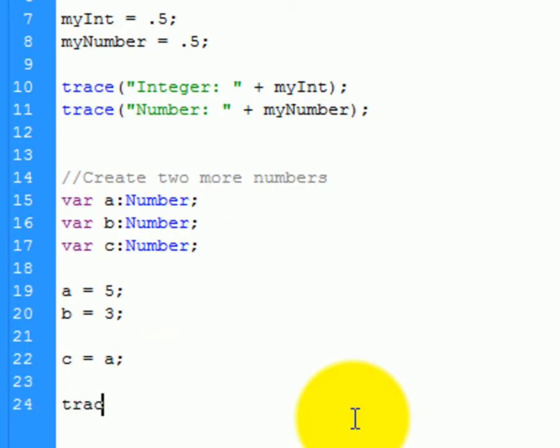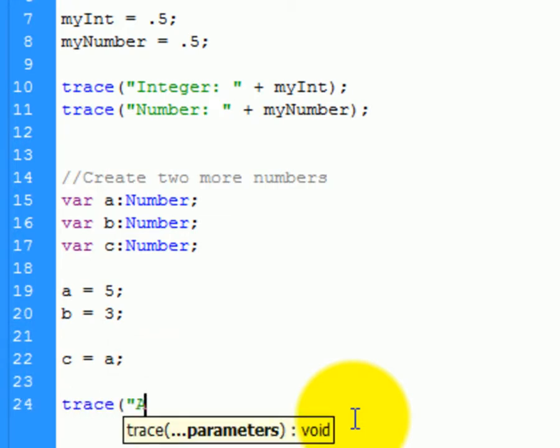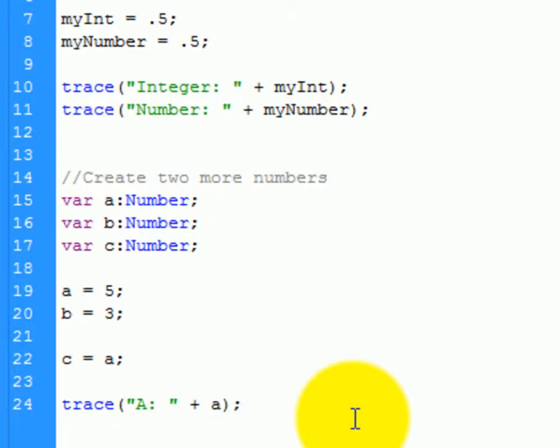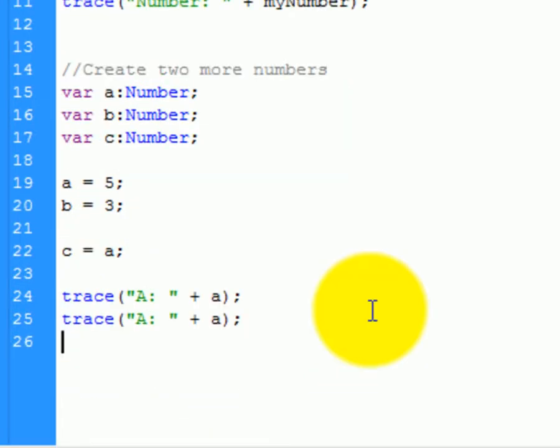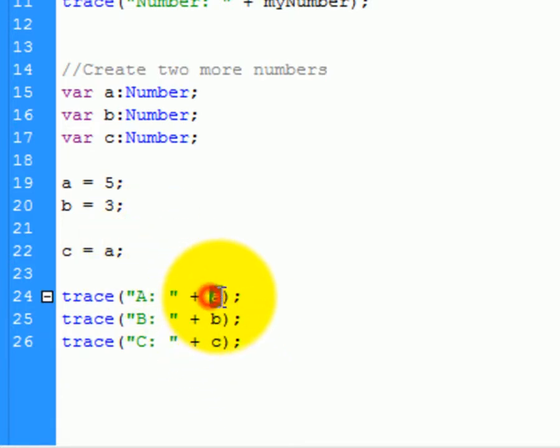And let's go ahead and write some trace statements. So I'm going to trace out A, and then our variable A. And I'm going to just copy and paste this just because it's easier. So A, B, C, and then A, B, C. Remember that variables are case sensitive. So if I make this variable a capital A, this is not going to work. So these don't matter because they're strings and they're just text we're writing for description. Remember that variable names are case sensitive. So I'm going to go ahead and save